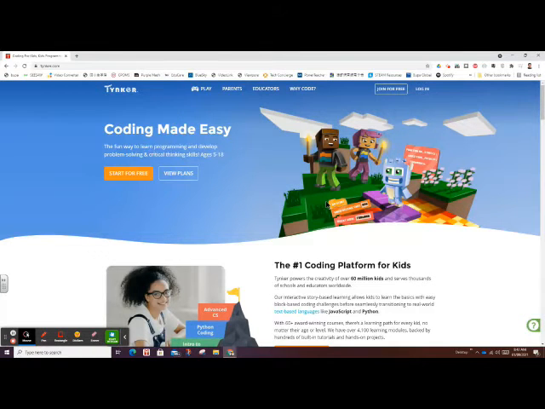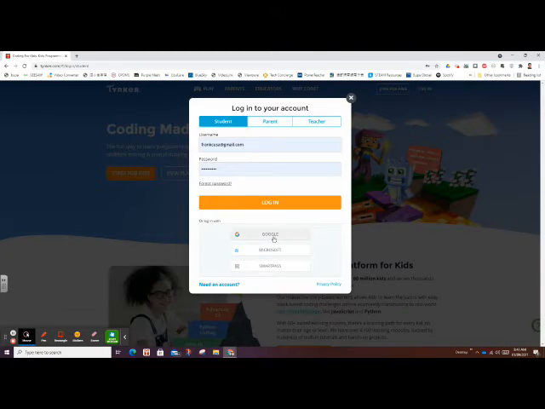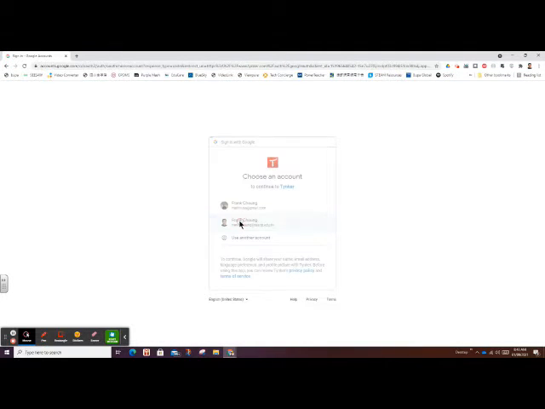Today I'm going to show you how to set up your Tynker account for the Year 5 solar system project. Now, first thing is we go into Tynker. And once you're here, if you do not have a class or an account from Tynker before, go ahead and join for free, or you can just go ahead and log in. And either way, you use your teacher's Google account. So I'm using the Google, and I sign in,